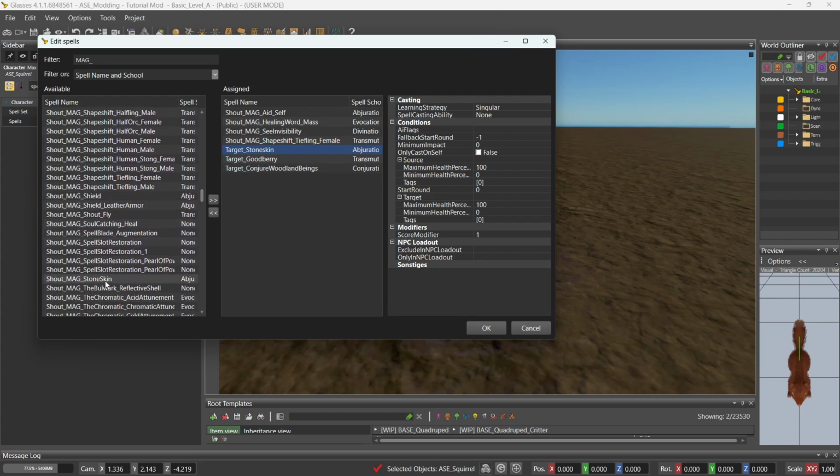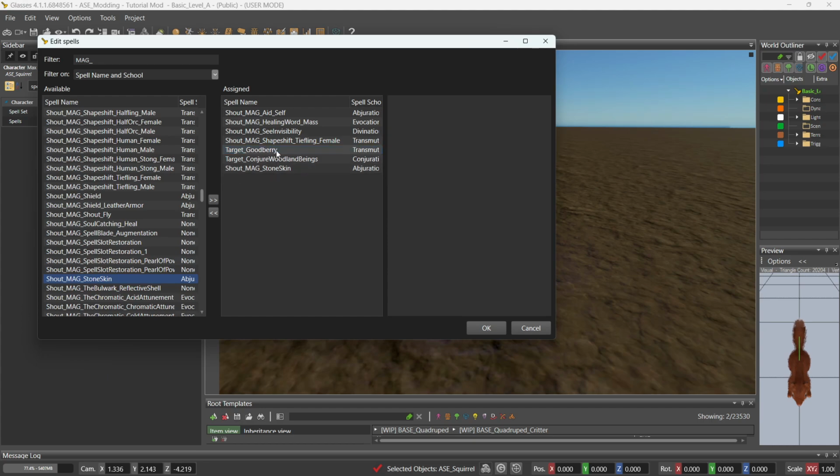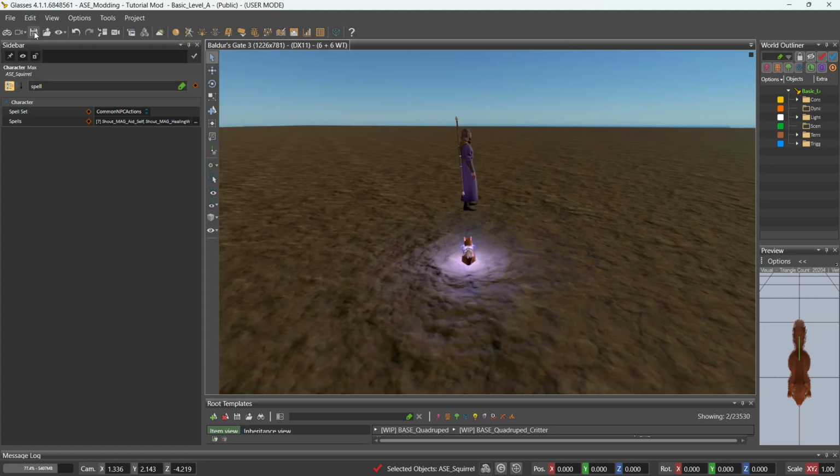Shout max Stone Skin. Alright, let's add this, double click it, and then remove the other one by double clicking the other one on the assigned bar. Press OK, press save. And now the squirrel doesn't have the Stone Skin ability yet, because we first have to resummon it